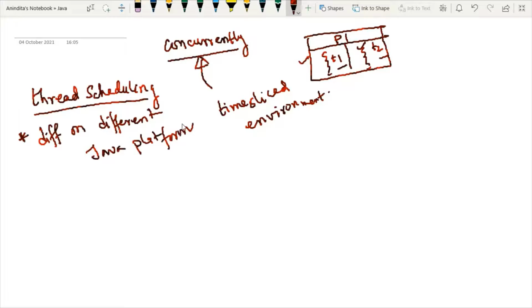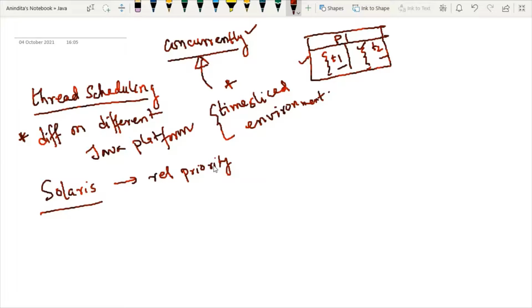That's why I was repeatedly mentioning that threads execute concurrently by using a time slice environment on the Windows platform. Now, what is the reason? First I will tell you why this time slicing environment is used for Windows and what this mechanism is all about. Apart from Windows, we have another system, Solaris. If I am talking about Solaris, a Solaris Java platform switches from one thread to another depending on their relative priority.